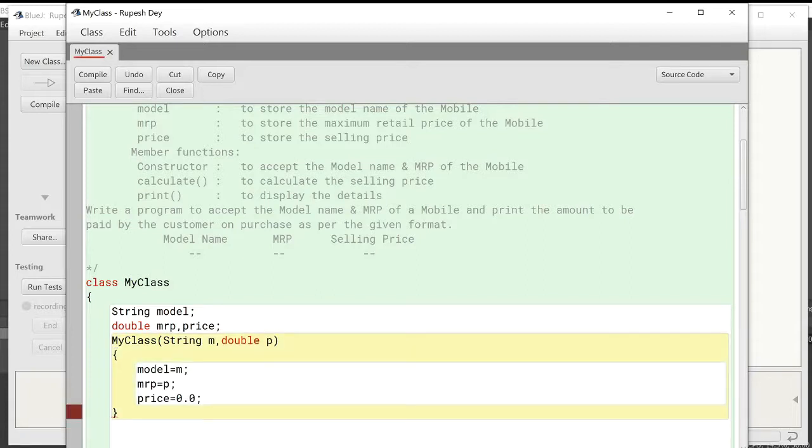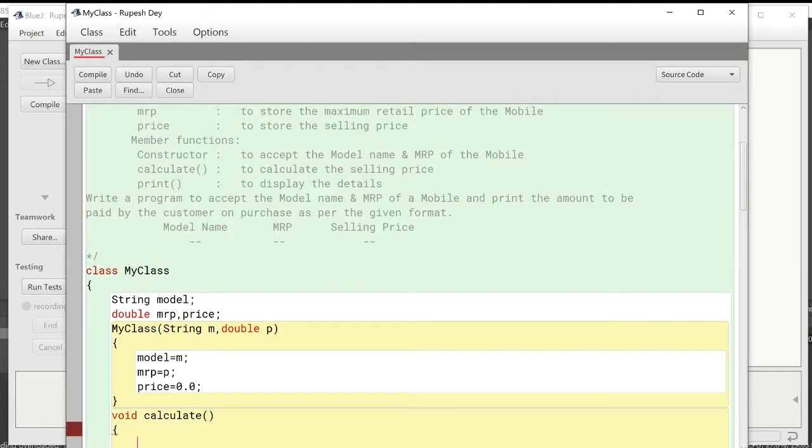Now next function is calculate function, which will be void function, because function will not return anything, only it will calculate the selling price to store the price in price variable. Void calculate parenthesis. Then here first we have to calculate the discount. So let me declare one double variable to store the discount value, double D equal to 0.0.